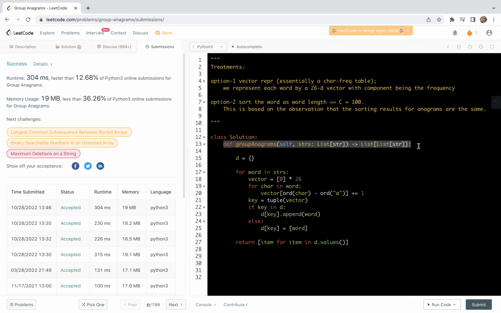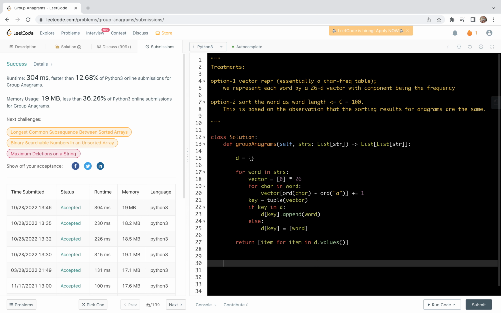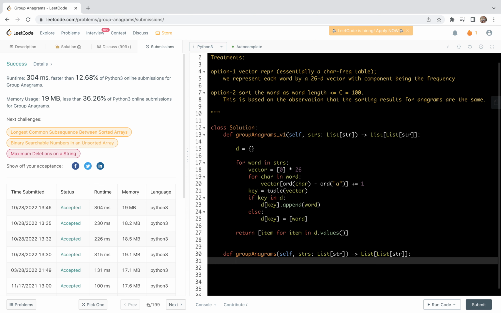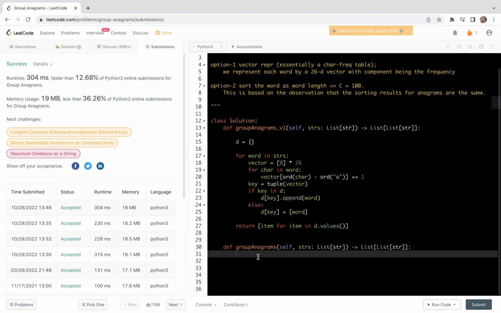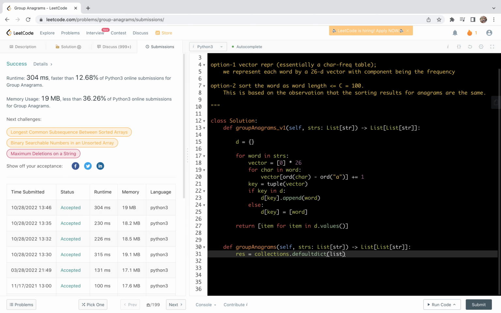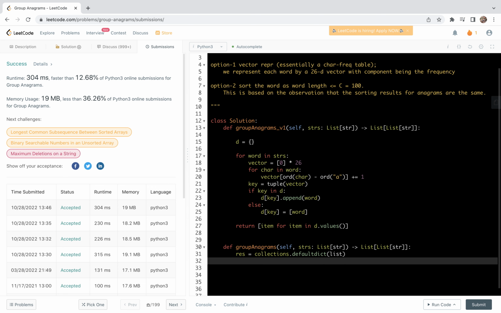So next we are going to copy the function signature, and we're going to change this one to be v1. We want to write a shorter version. Notice that we're going to sort each of the words, right? This needs a little bit more operations than traversal, but it's still manageable. Here I'm going to initialize a result to be a collections.defaultdict, using list as a container, and then we're going to traverse the words, for word